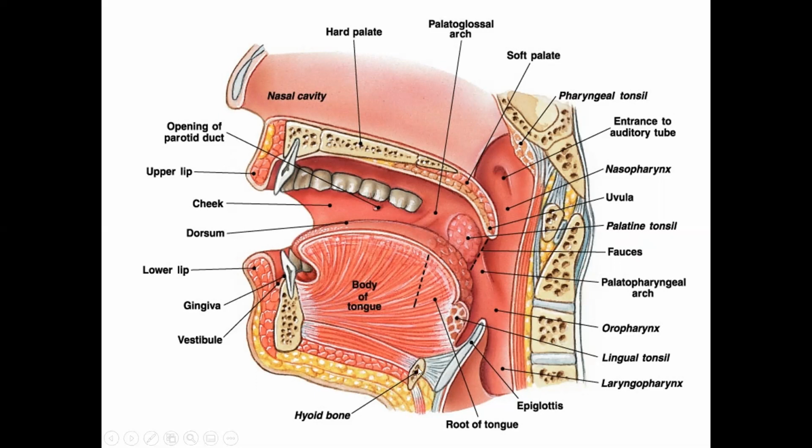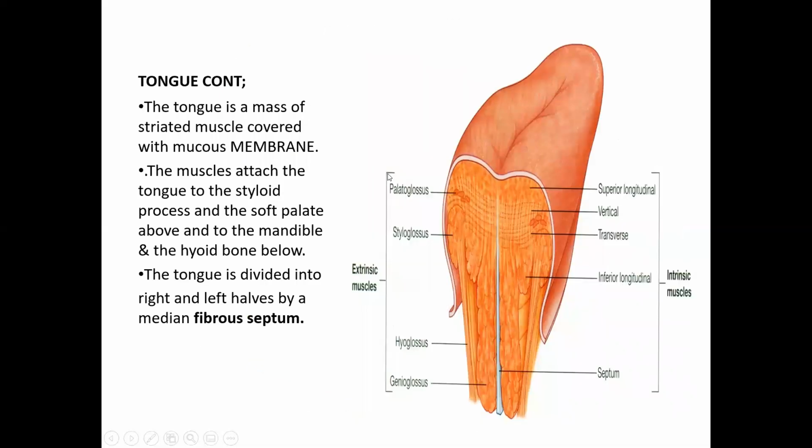You can see here, this is the hyoid bone, this is the mandible. The muscles of the floor of the oral cavity take origin from the mandible and go towards the hyoid bone, attaching on it. This is the geniohyoid muscle. Below the geniohyoid muscle, we have the mylohyoid muscle. And you can see here, this is the hard palate, and this is the soft palate. All of these are covered with mucous membrane. It has a particular characteristic feature we will discuss later.